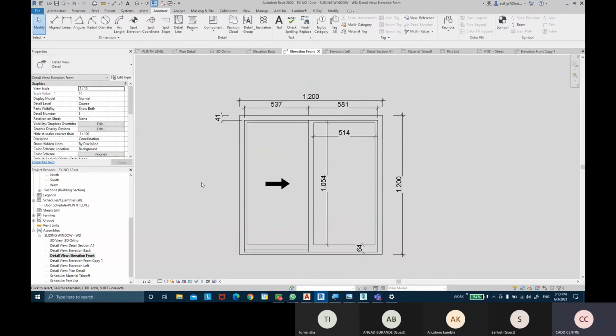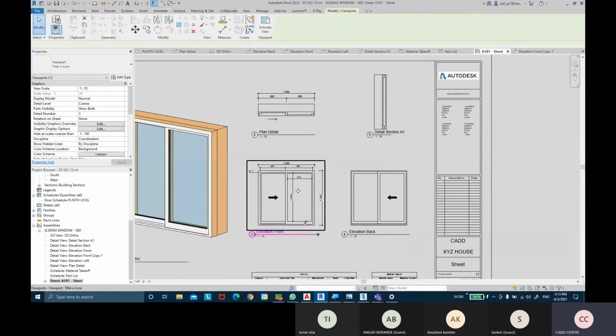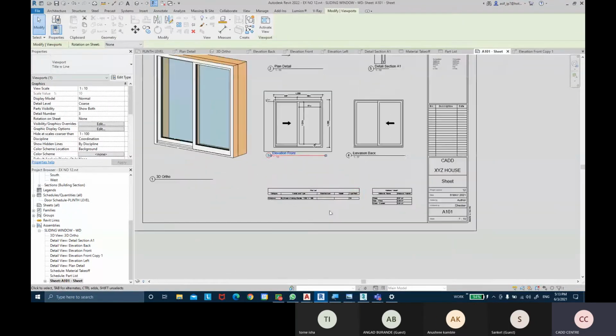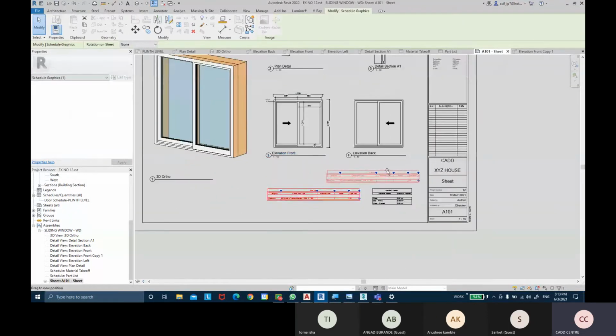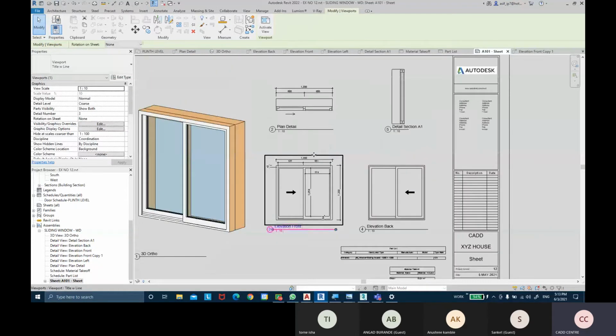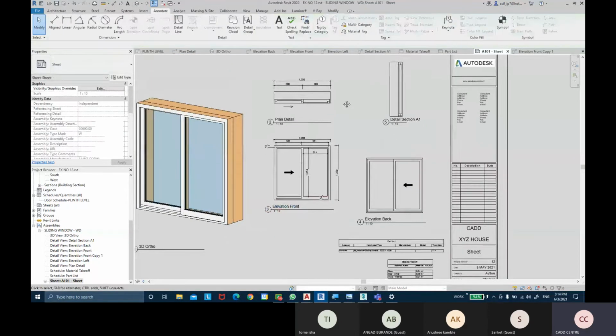Dimension details, want to add it out. And then we can come back in the sheet. You can see that dimension detail has been added, but we need to make a space for the other detail as well.